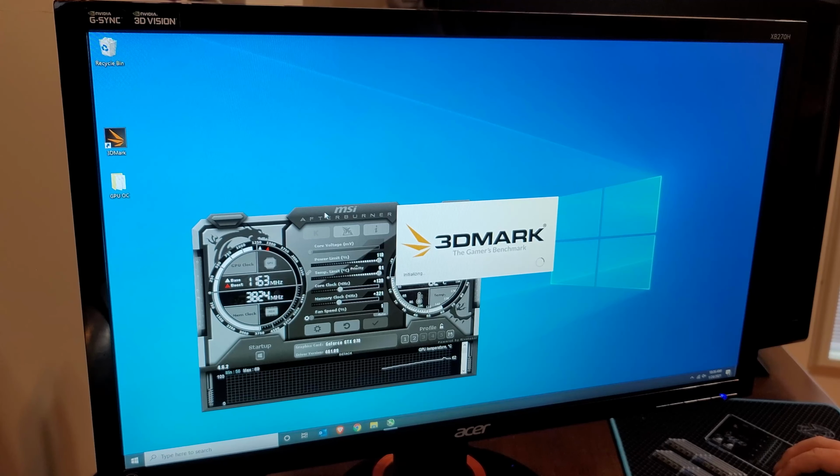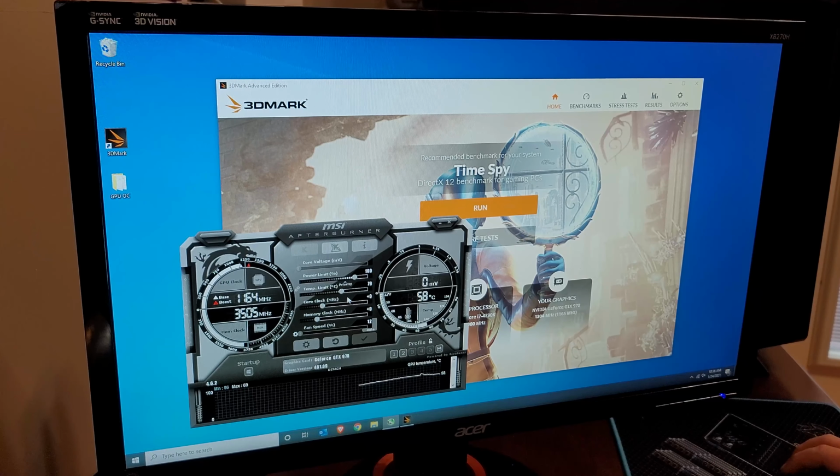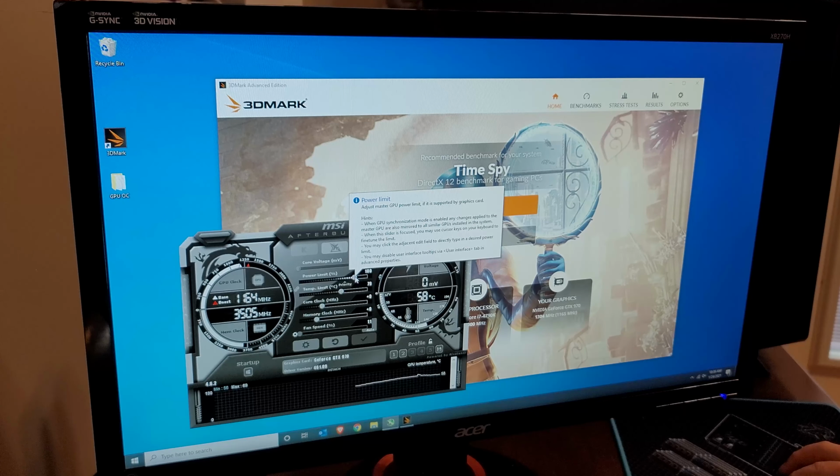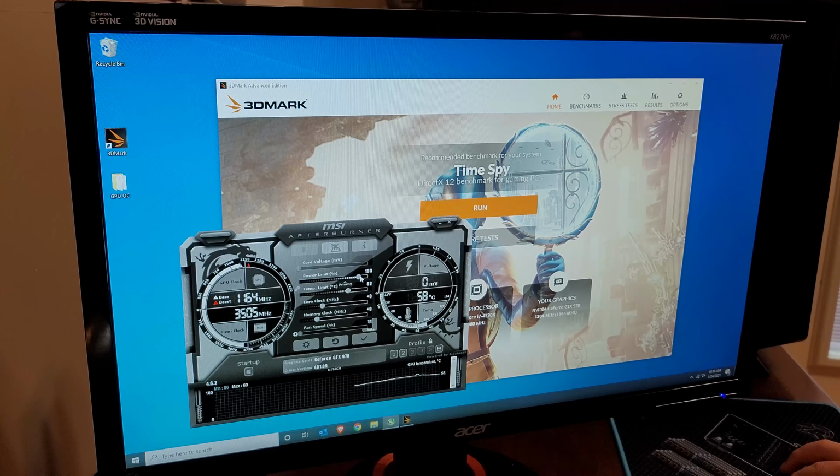So now I'm going to show you a step-by-step process. So we had our stock run and we got a graphics score of 3,713, and then I showed you a couple crashes there. So what I really wanted to show you now is our first score, again, of 3,713. The first thing that you can do to overclock your system that you're going to see a little bit of an improvement on your frames per second is just taking this power limiter and bringing it up to the max setting. On this card,